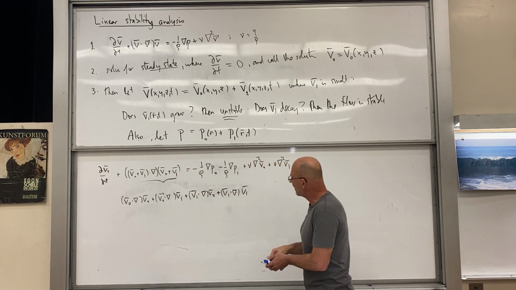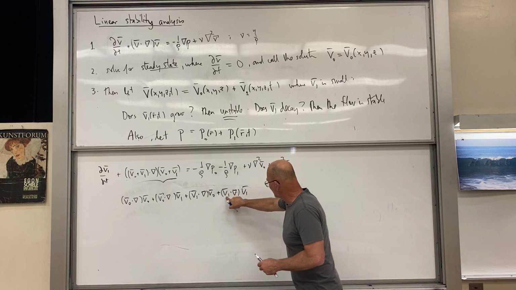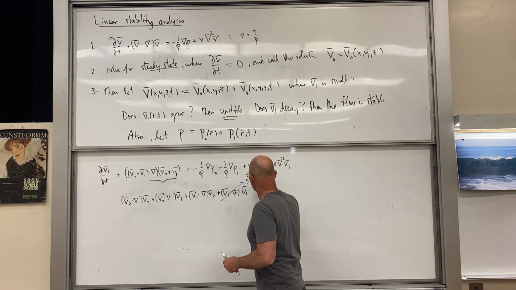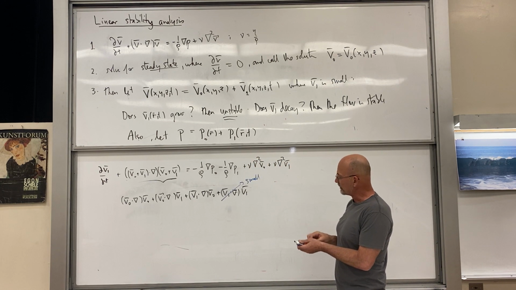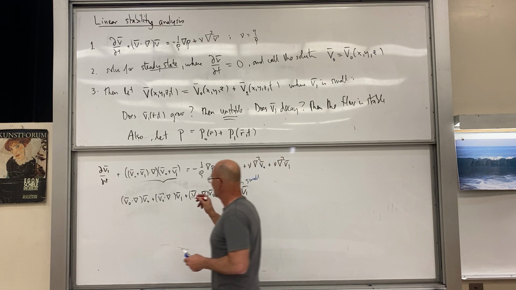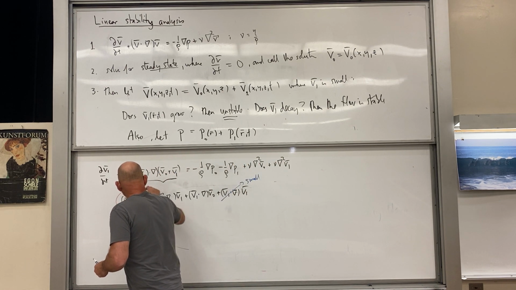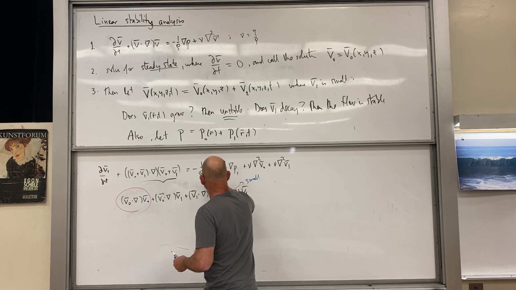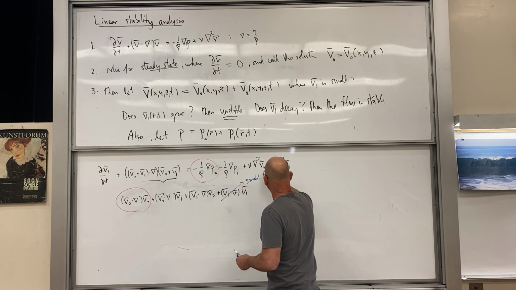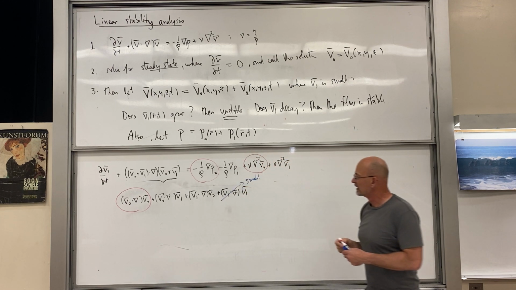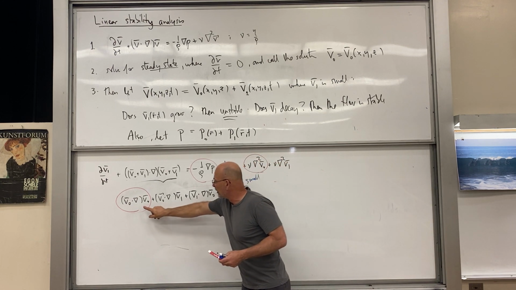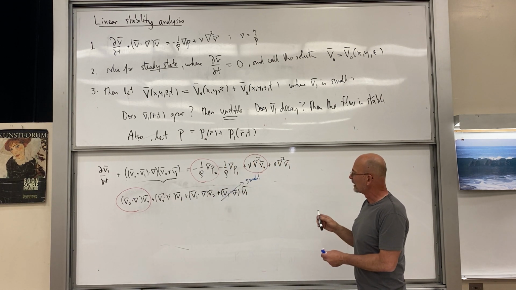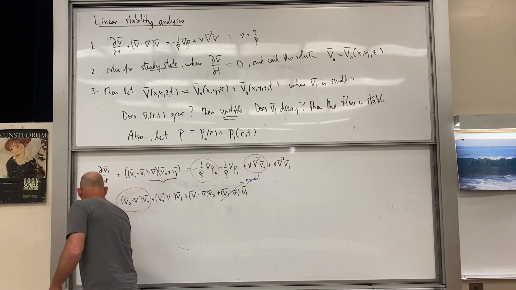And of these four, this one is second order small in v1. So that one is small, and we can ditch it. And I'm going to circle the ones that cancel against each other. So this is the original problem. This, and this. Okay. So the circled ones are an equation, and what remains is